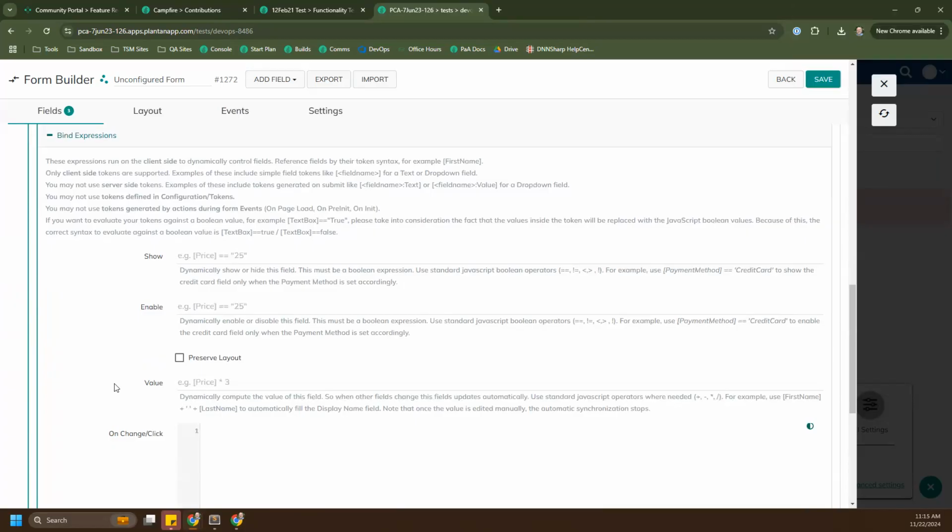The second line in, only client-side tokens are supported. Example of field tokens. You may not use server-side tokens. So my understanding of that is including tokens generated on submit or a drop-down field. Am I reading that correctly? So yeah, basically this is saying that